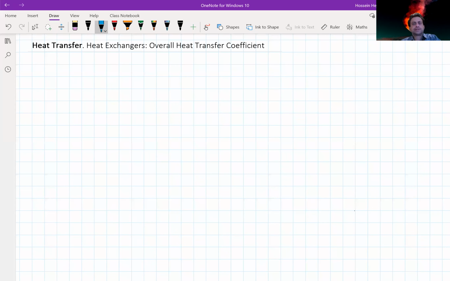So what happens in heat exchangers? We have transfer of heat from the hot stream to the cold stream, and these heat transfers happen through a solid surface that is separating these two streams. If we look at the double pipe heat exchanger, for example,